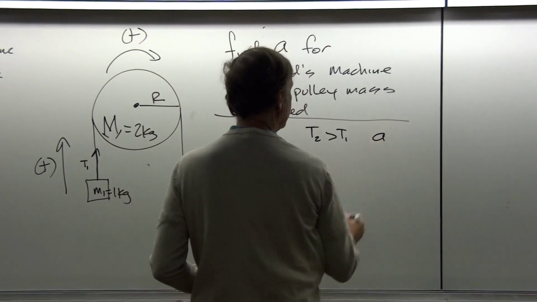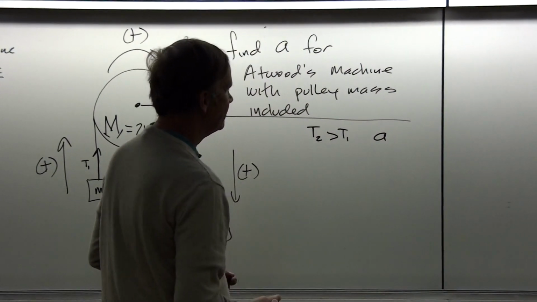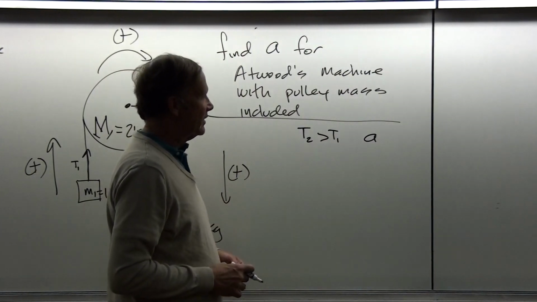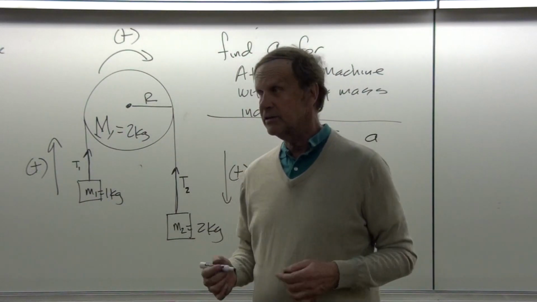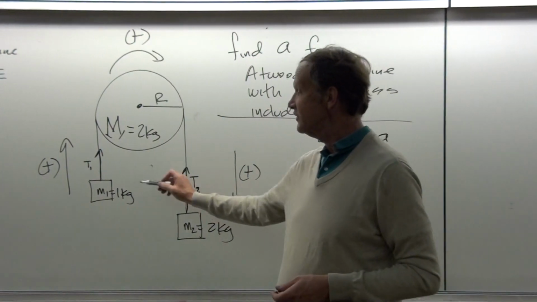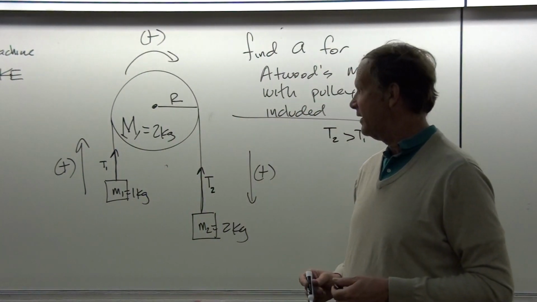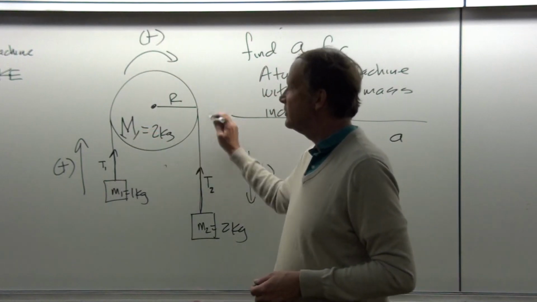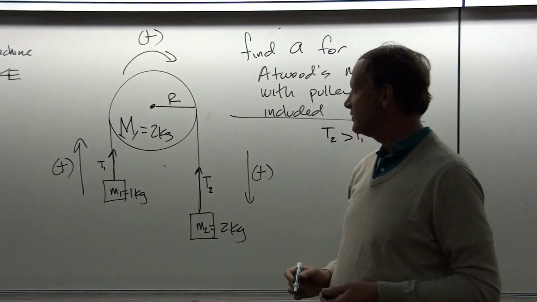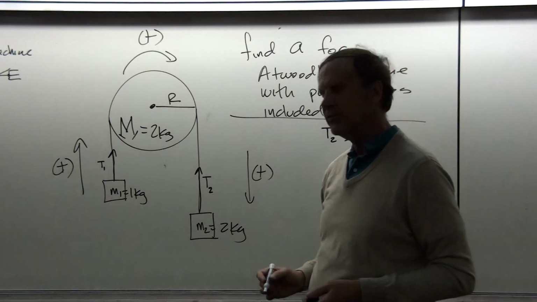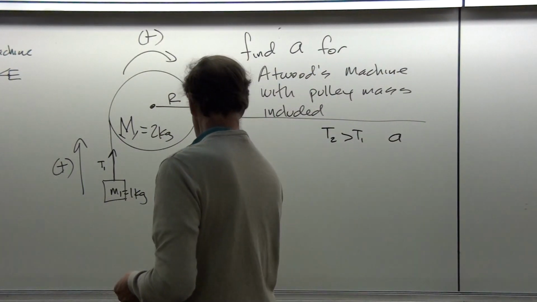And then we have a third unknown, which is the acceleration. So that means that when we're solving, we need to have three equations, but that's exactly what we get. Two force equations, one for M1 and M2, and a torque equation for the pulley. So that's where I'm going to go with this. I usually like to start with the force equations first. So let's look at M2.